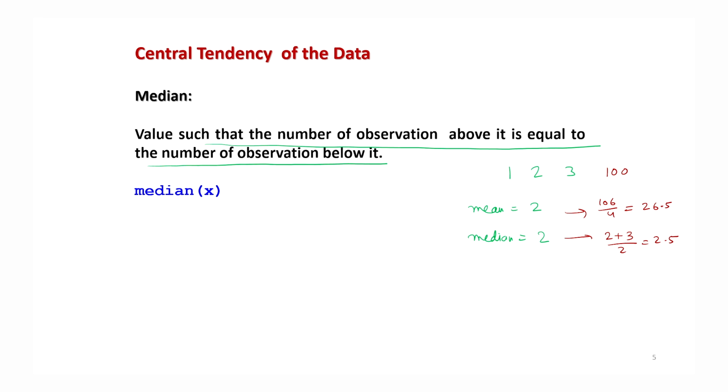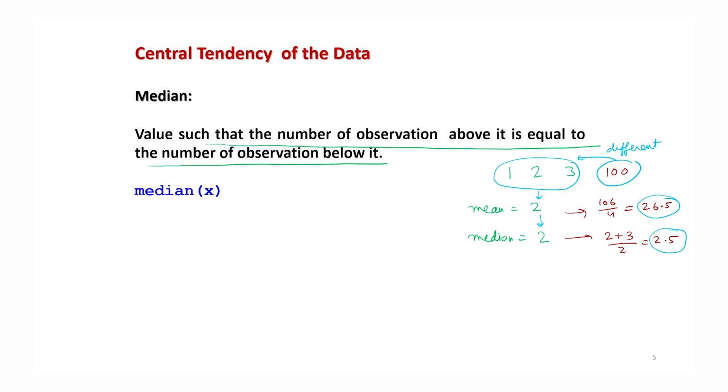When you see that the observations are quite homogeneous, that means there is not much difference among the different values inside the data vector, then arithmetic mean and median are pretty close to each other. And suppose I try to add a big value. This value is quite different from the remaining values. Now, this arithmetic mean becomes 26.5, whereas the median becomes only 2.5.